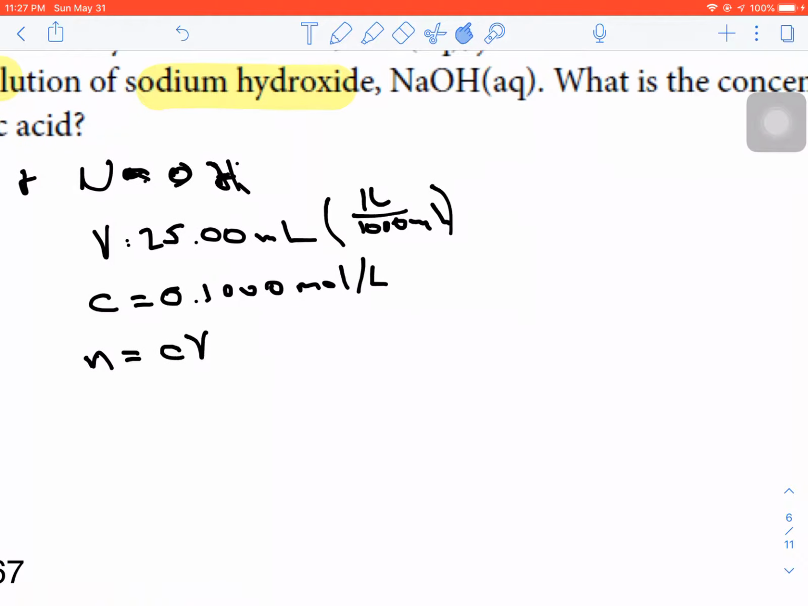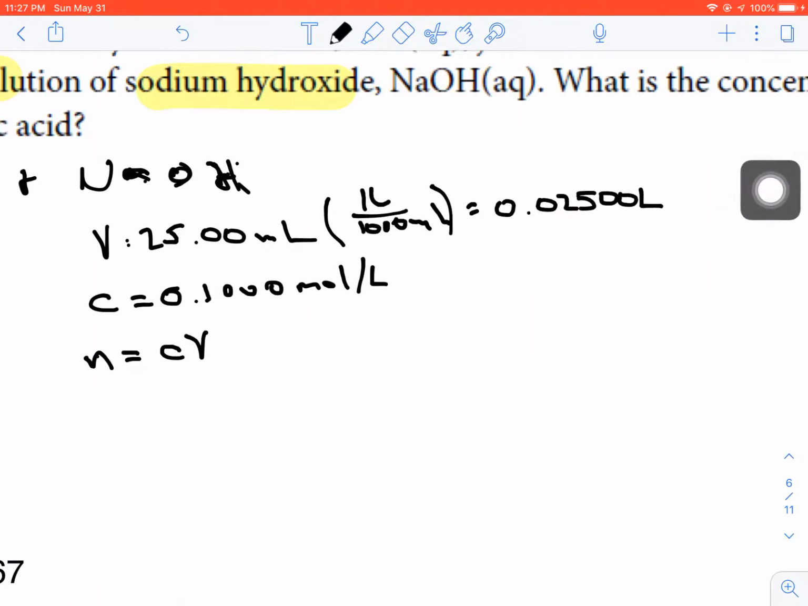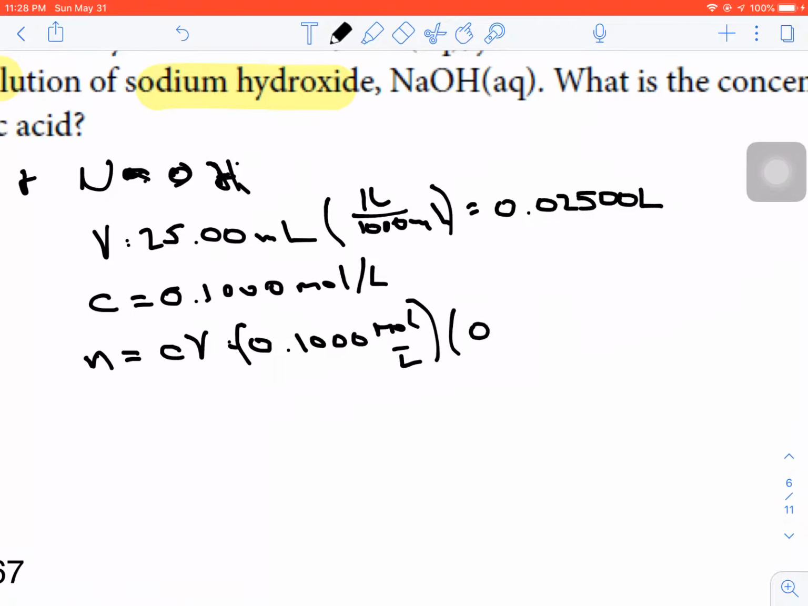So if I do the math, 25 times 1 divided by 1,000, 0.02500 liters. So now if I'm trying to find my number of moles, C times V, I'm going to get 0.1000 moles per liter, that's my C, times the volume, which is 0.02500 liters. Notice that my liters in the denominator and liters in the numerator will cancel, and I'll be left